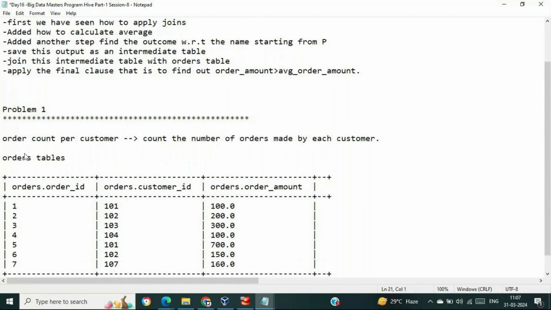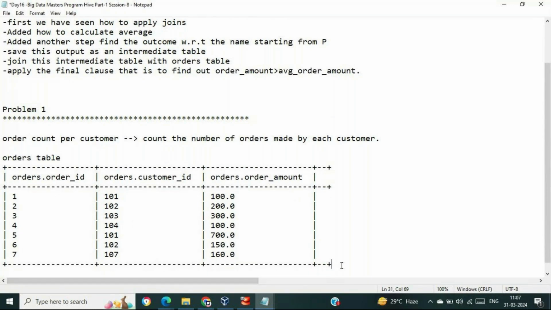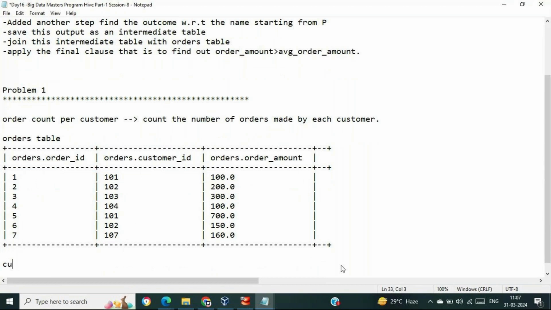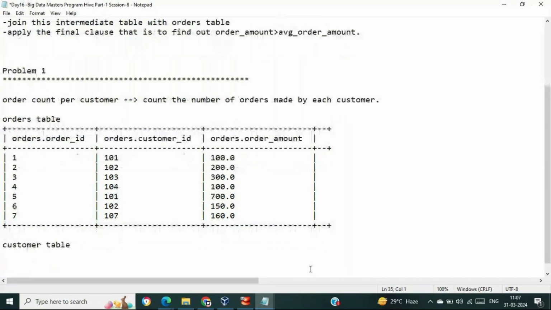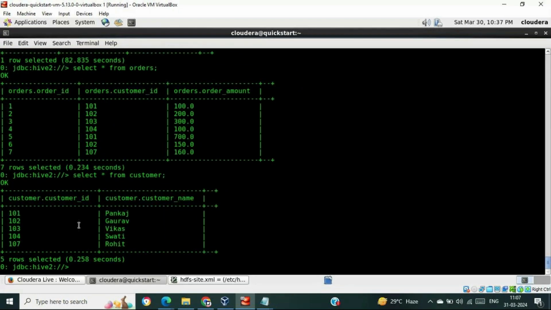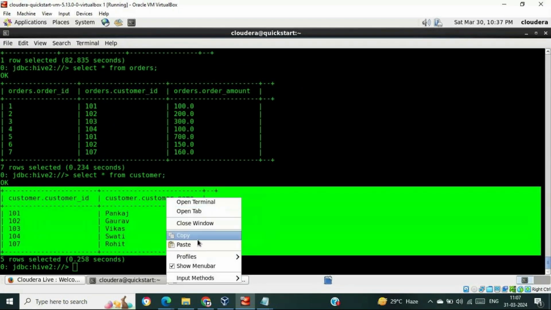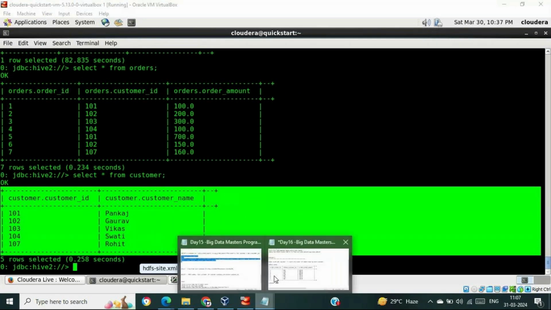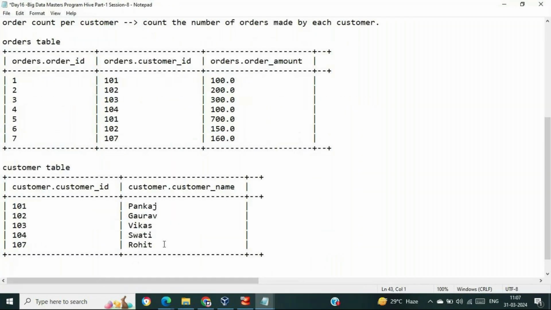With respect to the orders table, this is the data. Now we have another table, that is the customers table. Let me show you the data with respect to the customers table. So this is the data with respect to the customers table. Copy and let me paste it. Now what I want,